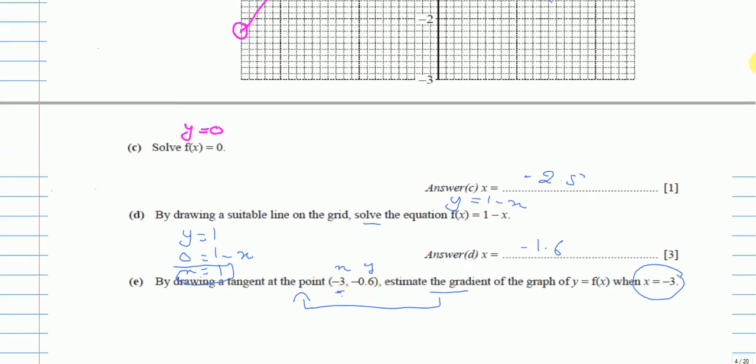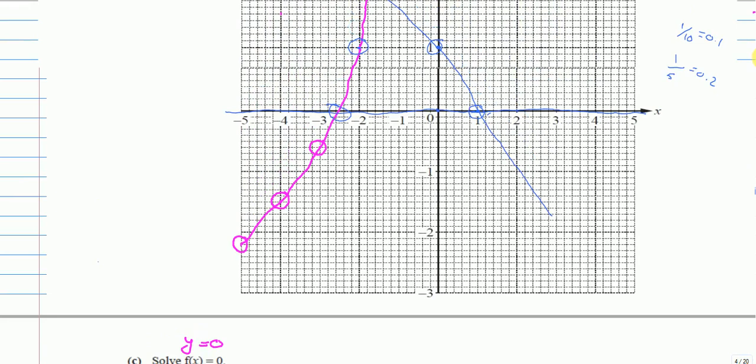So where is x is equal to minus 3? We already have a point there, here, and here we have to draw a tangent. What is a tangent? It touches the line, it touches the point just once. Somewhat like that. So it touches just once, and then if I continue, I will have a few points which will make it easier for me to calculate the gradient.